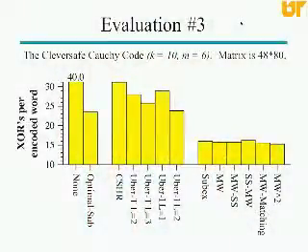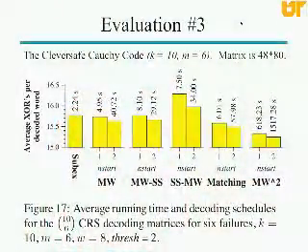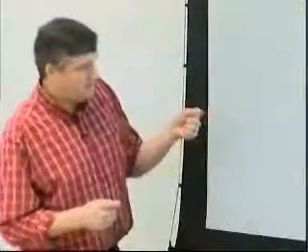Probing further, that was encoding. That was just encoding that one matrix. Now I'm looking at decoding. And now I'm decoding, and perhaps this isn't overly realistic because I'm decoding from 6 failures. And so you might say, well, when are you ever going to get 6 failures? Well, think of it in a different way.